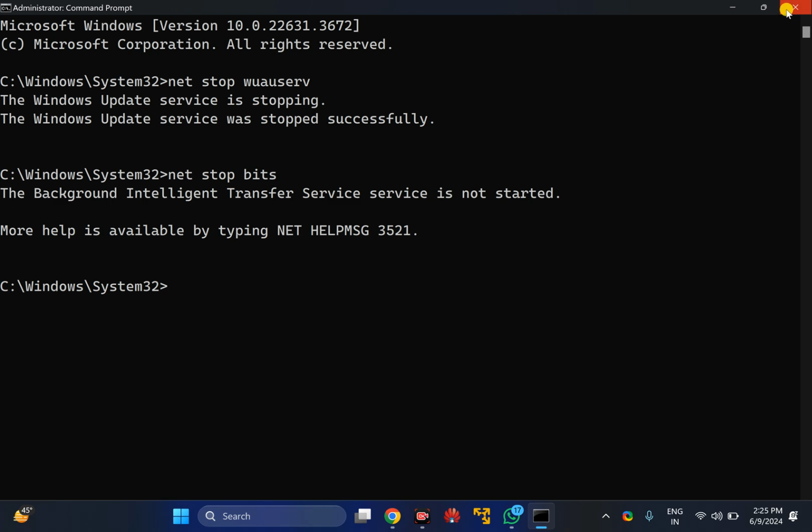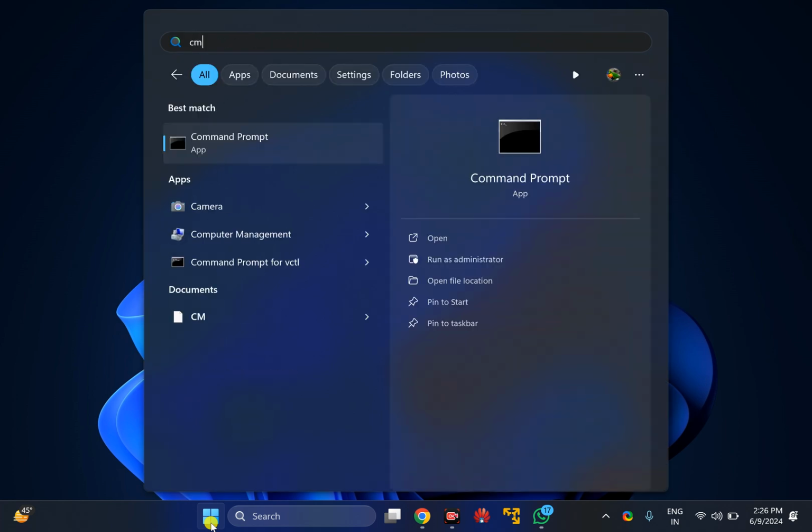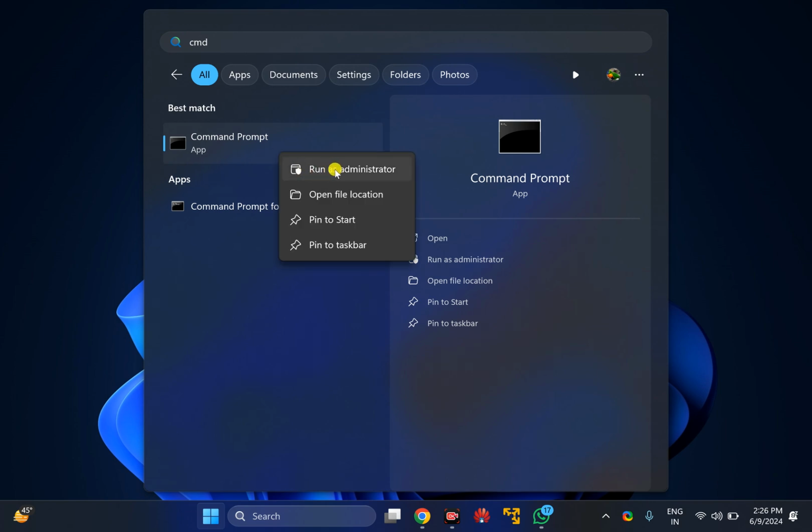After that, close this command prompt window and you need to rename the Windows software distribution folder. For that, click on the Start button and search for CMD and then right click on the command prompt entry and select the Run as Administrator option.